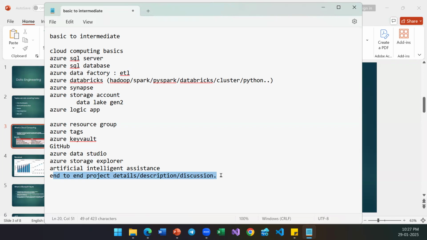Not only the project that I'm going to give you, the project which I handle in my organization is also something I will bring into the discussion. Basically, that's why I said discussion as well: with respect to the project that I work on, and with respect to the project that I provide to you also. Right? Okay.